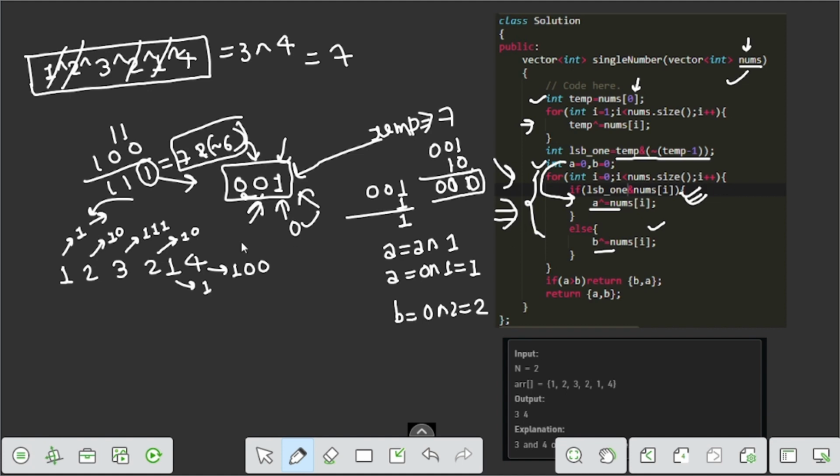Now in the next iteration we again calculate the LSB AND nums of i. That becomes true because 1 1 1 AND 0 0 1 becomes 1.